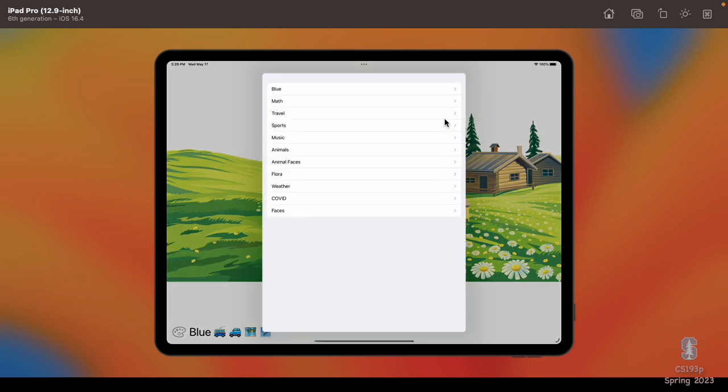Here's our list. One thing you can see right away, these little chevrons, you see the little things? That's what tells the user, oh, this is a navigation link. If you click on this, it's going to navigate. Now, those don't appear on random views generally, but they're always going to appear if they're in a list. That's another reason to put things that you navigate in a list.